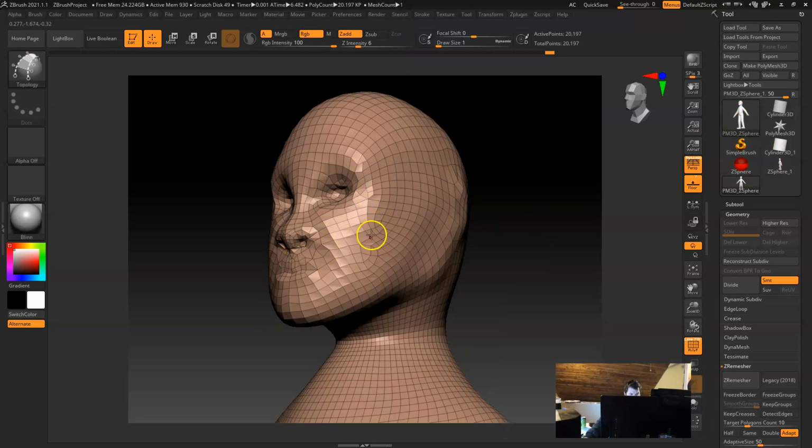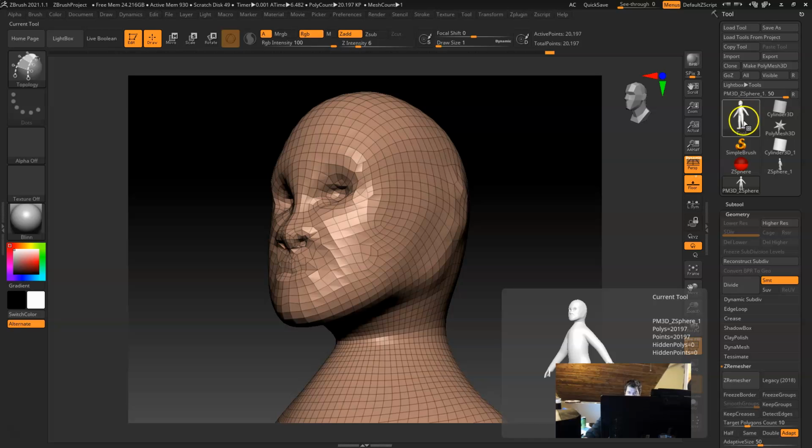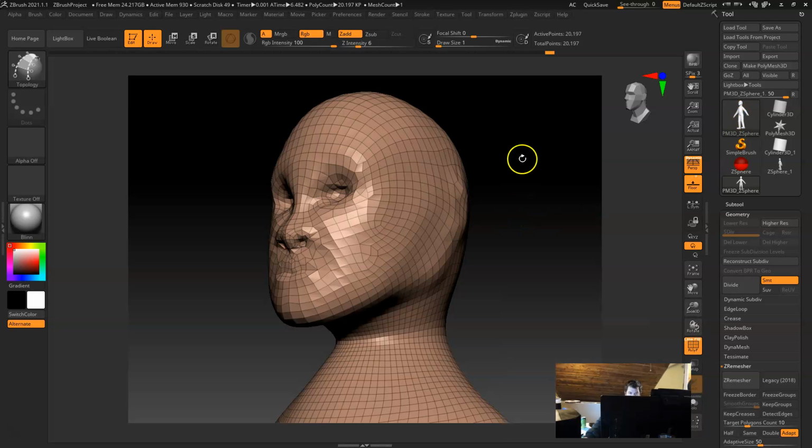It'll either show up in here, I can't remember if it shows up here or not. It might just show up here. Then what you do is you click on it, and you click and drag it, and then you would hit edit, and then you can start sculpting on it. Okay, so just be aware, if that was another way you want to do it, that's how you're going to go about doing it. But I have a feeling most of you are not going to take the time,